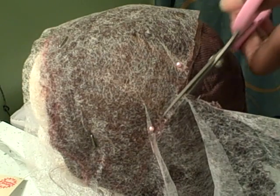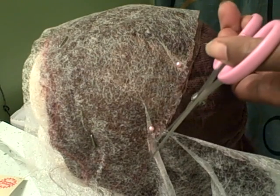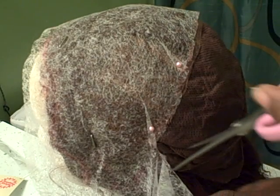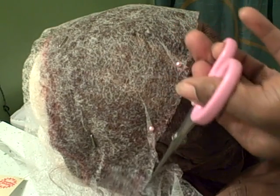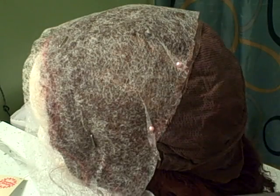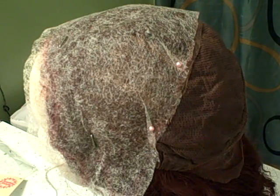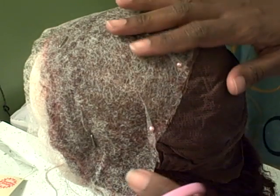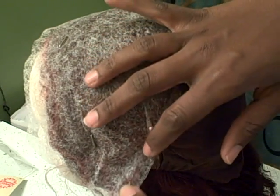Being sure not to get your lace at all. You don't want to do that for sure. Nor the hair. So I'm just going to cut a wide cut here, and I'll make it more intricate and more detailed later. Okay, now once I've cut away all that witchery,